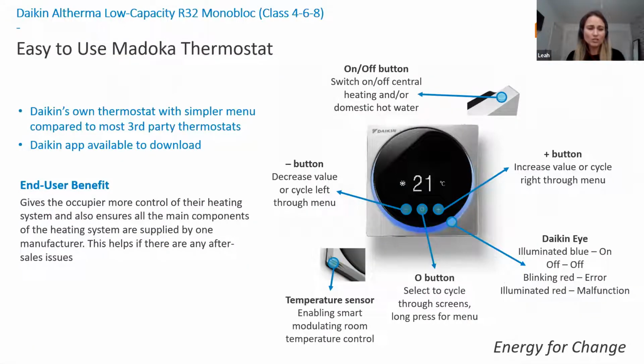Okay, just wanted to touch on controls, and more so just to highlight the differences as to how you would control your heat pump to how you would use a typical gas central heating system. So as you can see, we've got your typical modern room thermostat that you can buy with the unit, or you can buy with many products nowadays, and you can have the app on your phone and all that sort of stuff. So we have got all of that technology available. However, the key difference, although from the inside everything looks very similar, you've got radiators, thermostatic radiator valves, all of that sort of thing. What we do suggest, and what Nick has touched on as well, is that we want